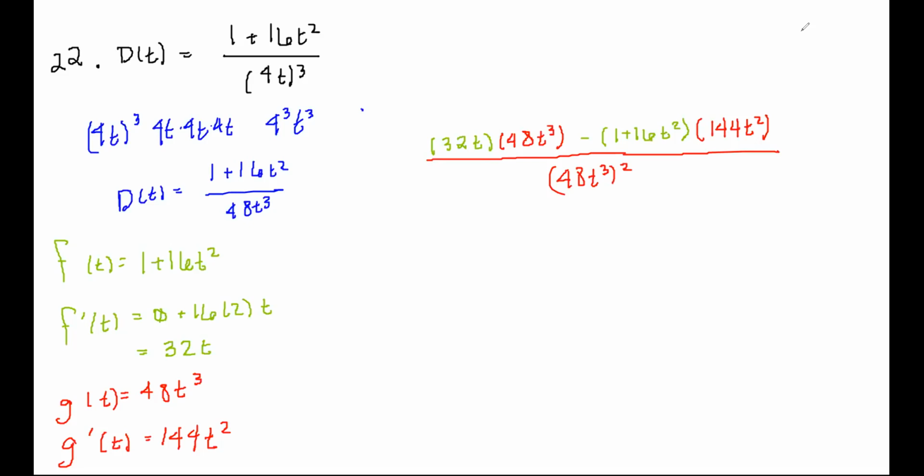You will be expected to do this on an exam without a calculator, but for the sake of time right now, I don't really want to do all of this multiplication by hand. So we're going to wrap this up by saying this is 1,536t to the 4 minus